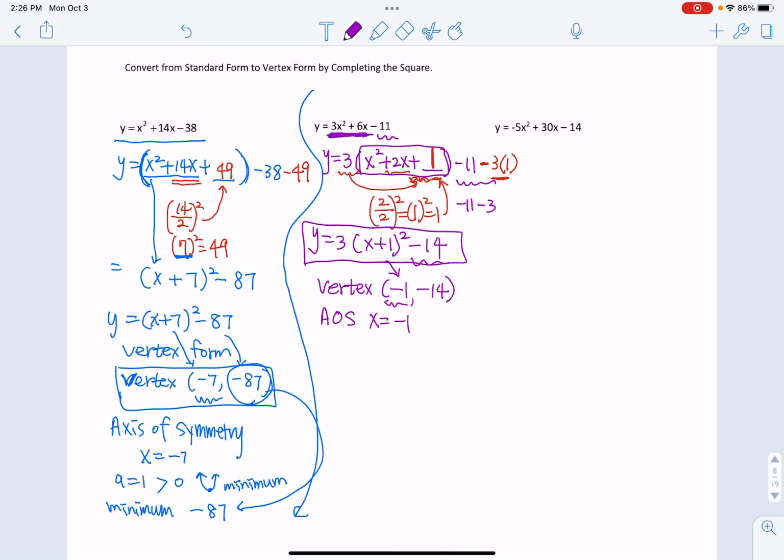And then this graph, a value is 3, which is greater than 0. It will open upward. So this function has a minimum. The minimum happens at the vertex's y value. So I will say the minimum is negative 14. And then the last one